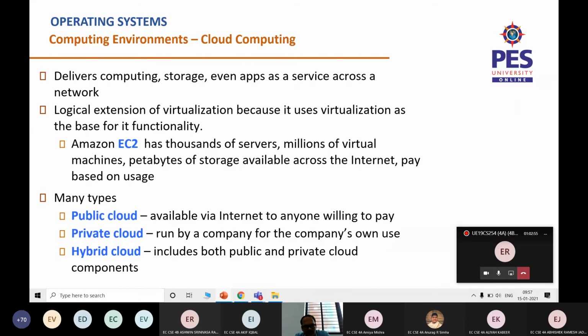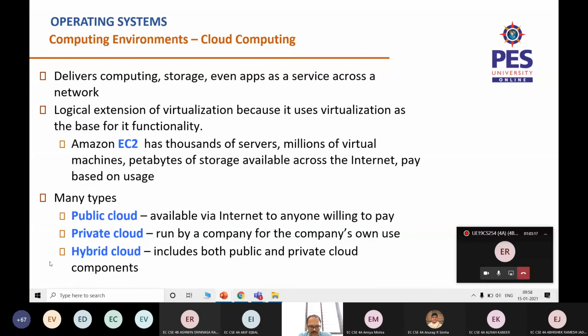Now, the cloud computing environment requires this virtualization. Basically, cloud computing, in simple terms, is that there are enough services available across the globe, you use them and pay according to your usage. There are different types of cloud.